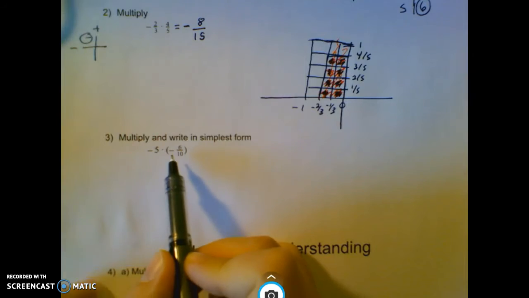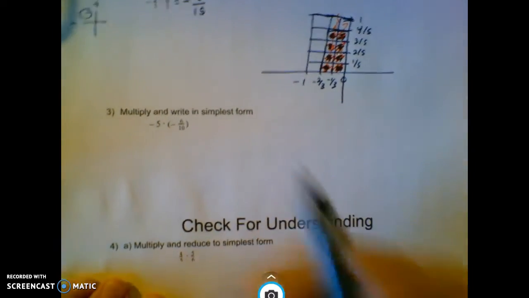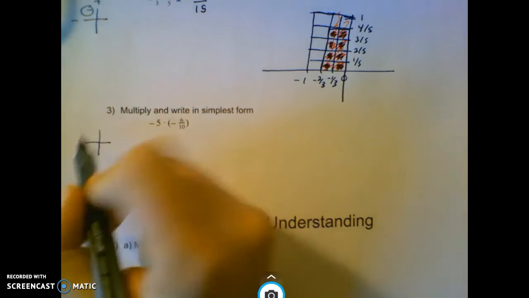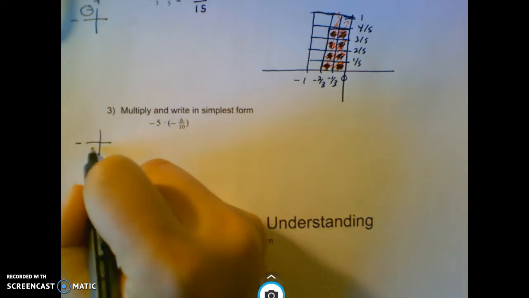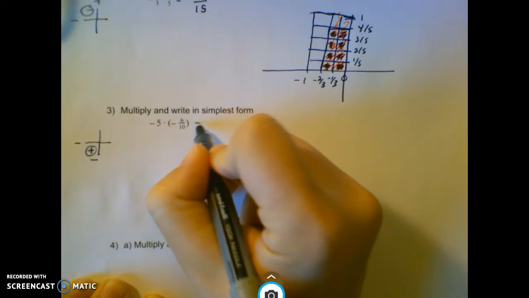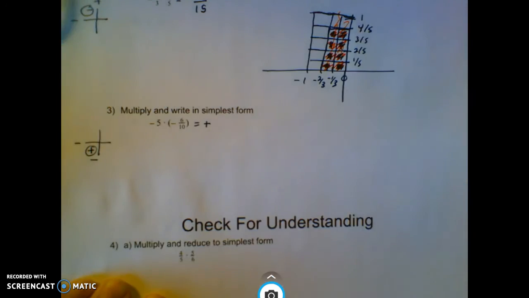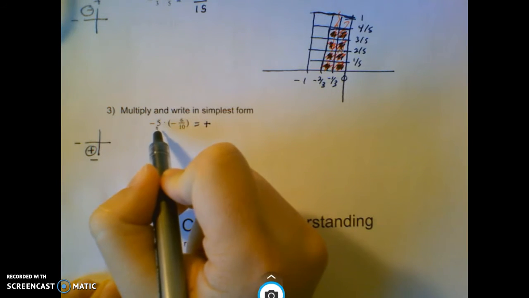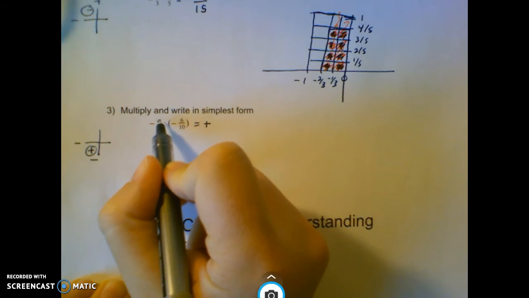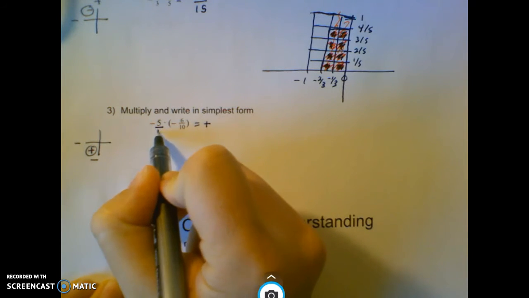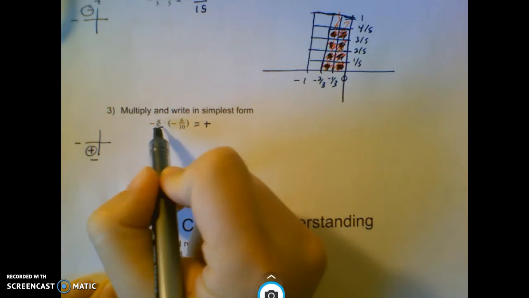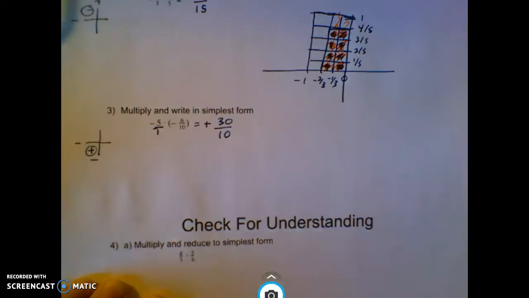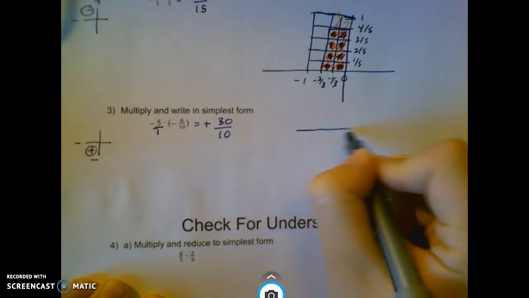What happens down here? We'll just put it all together. I'm going to multiply -5 times -6/10. So this is this tool, because I'm multiplying negative times negative is a positive. So I know that it's going to be positive. Now I need to multiply across the numerator and the denominator. Right now this 5 doesn't have a denominator, but I know that 5 is 5 wholes, so it's 5 over 1. So 5 times 6 is 30, 1 times 10 is 10,